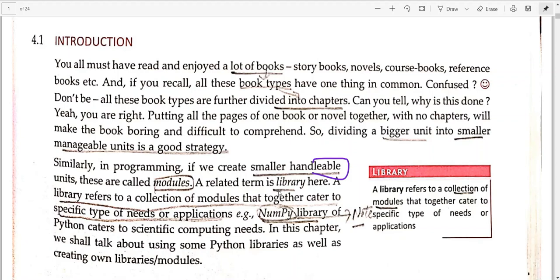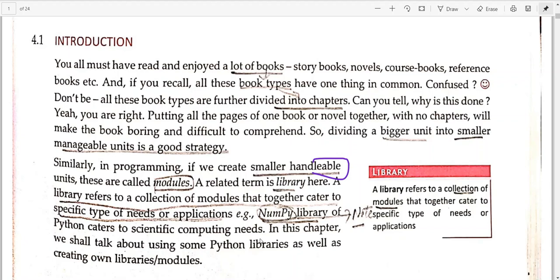We can create our own library also. So it totally depends upon us whether we want to use any predefined Python module or library, or create our own library. The NumPy library is one example, which deals with scientific computing needs.